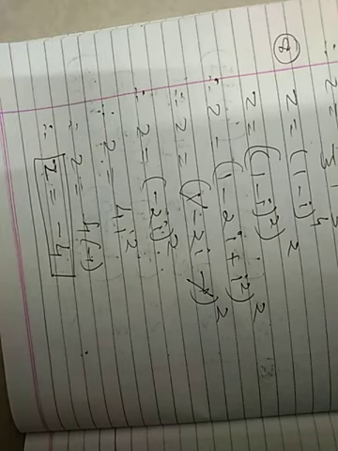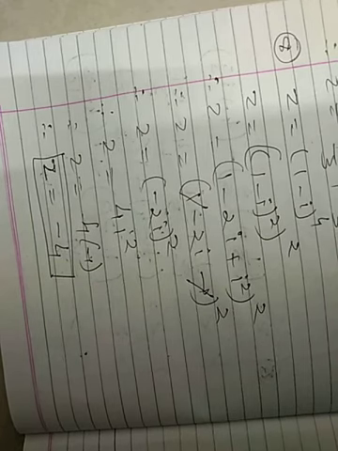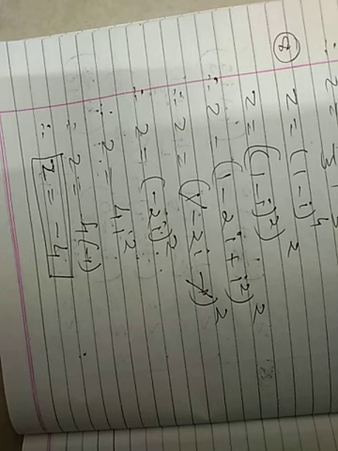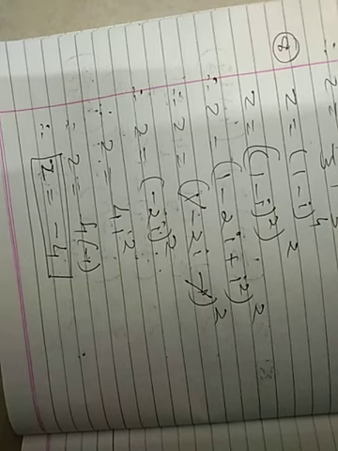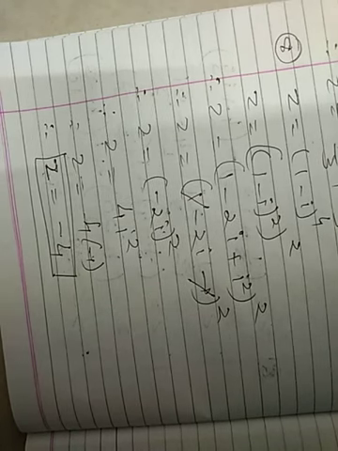Okay, and listen to me. A second point is, in the previous chapter we left almost 2 or 3 sums. All sums are very simple, but they require the board. That's why I left them. Okay, now start this chapter and carefully learn. This is a very simple chapter, and this is important for JEE also.